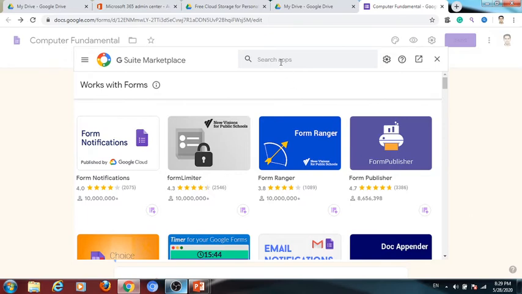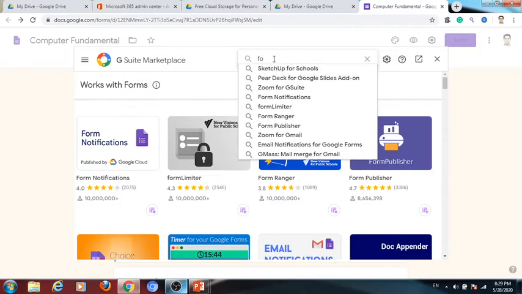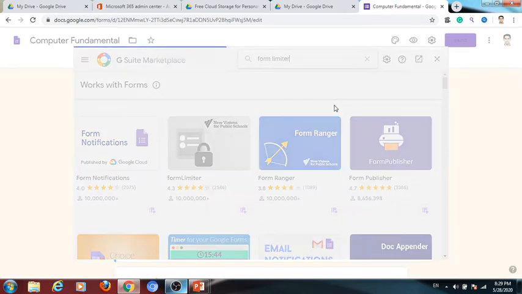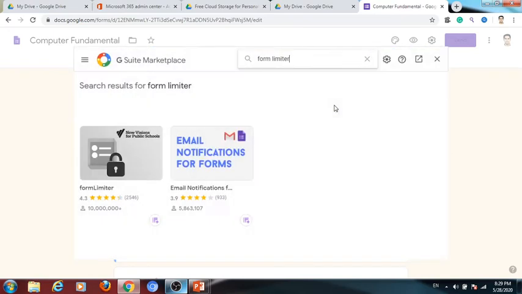There is an add-on called Form Limiter. You can see Form Limiter as shown below. If it is not shown in this shortcut, you can simply search for Form Limiter and click the search button. This is Form Limiter.